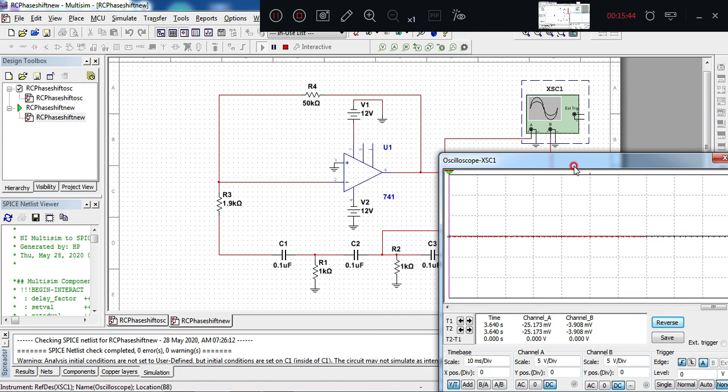Till we get sustained oscillation, this connection should be on. Now you can start to observe some variations in the millivolt range.